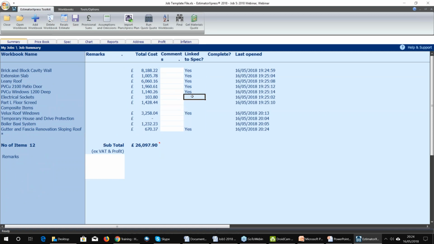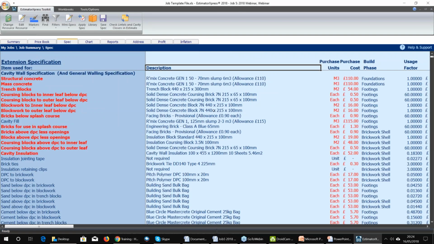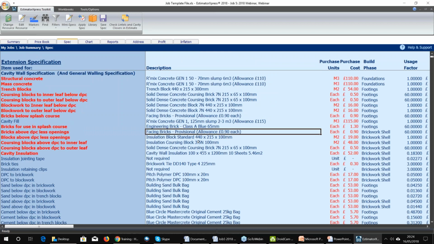If it doesn't say anything, you can take that as no. But if it is yes, so in the case of lean-to roof or brick and block cavity wall, now if you've got two different types of roof in there, or two different walls that use block, let's say, what we can do is go to the spec,